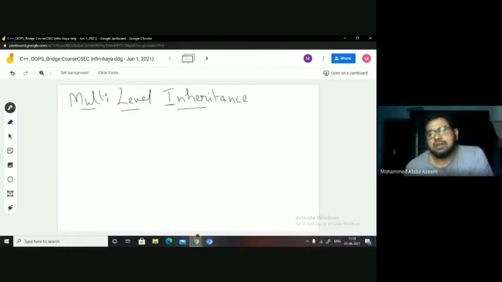Provided that the base class destructor has been declared as virtual. You need not inherit the destructors; you just have to mention the base class destructor as a virtual one. Is that clear? I'm just giving a skeleton of the same with the help of a syntax.